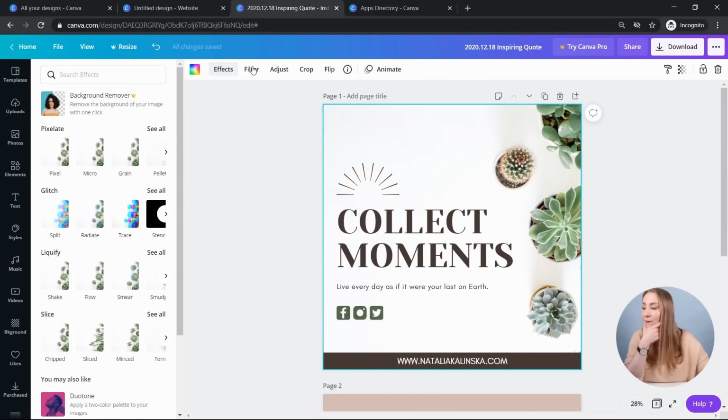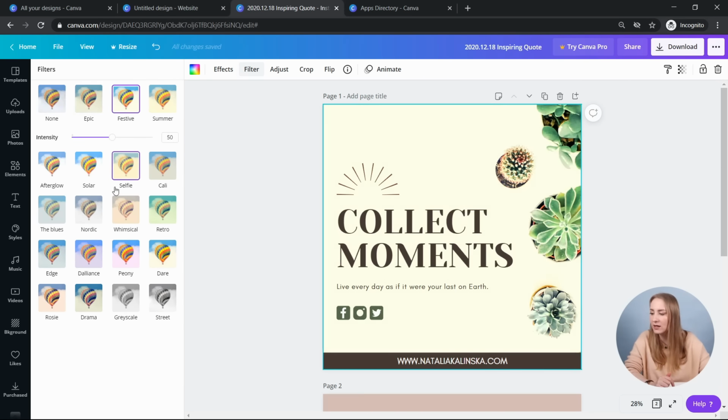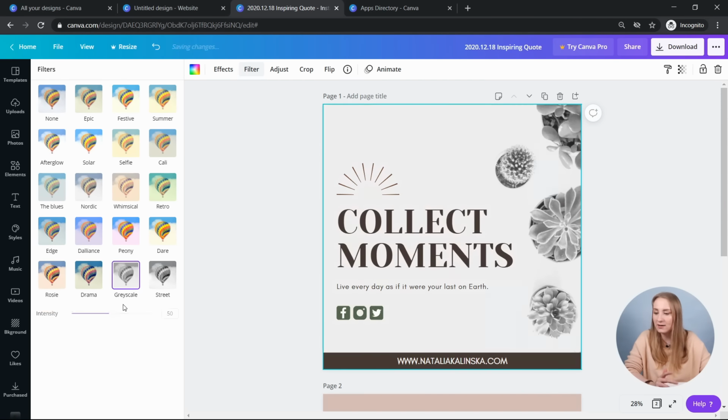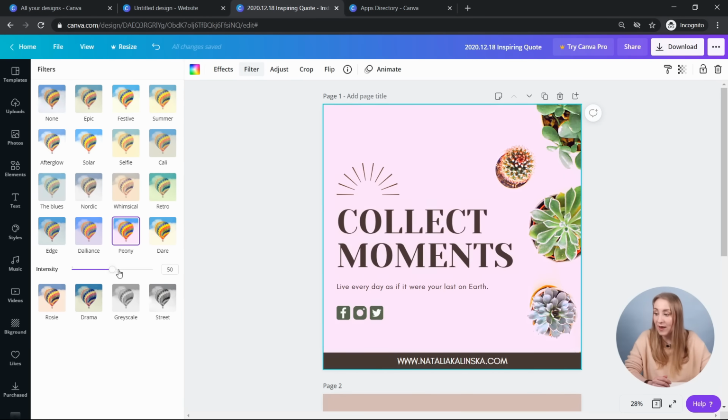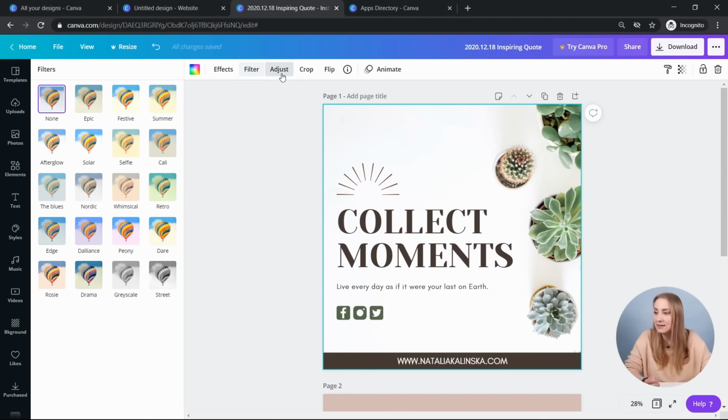Then you've got filters. So just as with Instagram filters or so many different filters that we've got now on different social media apps, Canva offers some really basic filters. So you can have your epic, festive, you can go through it, see if something kind of makes it a bit more fun. You can have the kind of grayscale effect. So you can kind of adjust it. You can make it a bit more desaturated if you're going for that look. You can just adjust the strength of this particular filter and see what works for you.